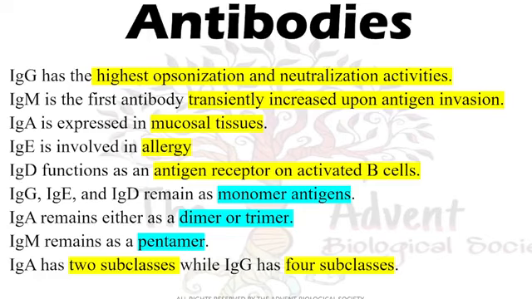Now the IgD antibody functions as an antigen receptor that is activated on the B cells. So antigen receptors, I have already mentioned, are expressed on the B cells, especially the activated B cell,